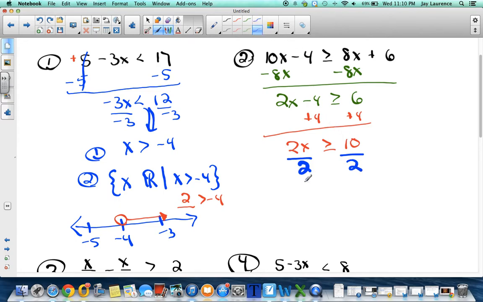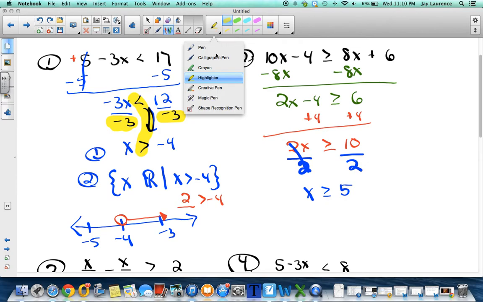What's that, Sam? No, of course not. Why not? Because I did not multiply or divide by a negative on both sides. See, in this example here, when we get a highlighter out, we divided by negative 3 on both sides of the inequality. That's why the alligator changed directions. Okay, so on this